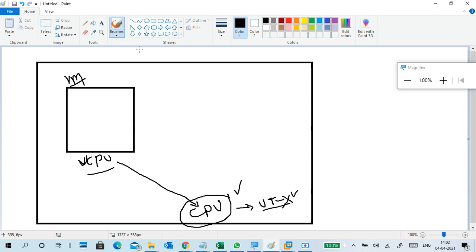Now, you want virtualization in the virtual machine. It means you want to create and run a virtual machine inside of another virtual machine. This is virtual machine number 1. This is virtual machine number 2. Inside of this virtual machine you want to run another virtual machine, so we cannot run it. How? Because